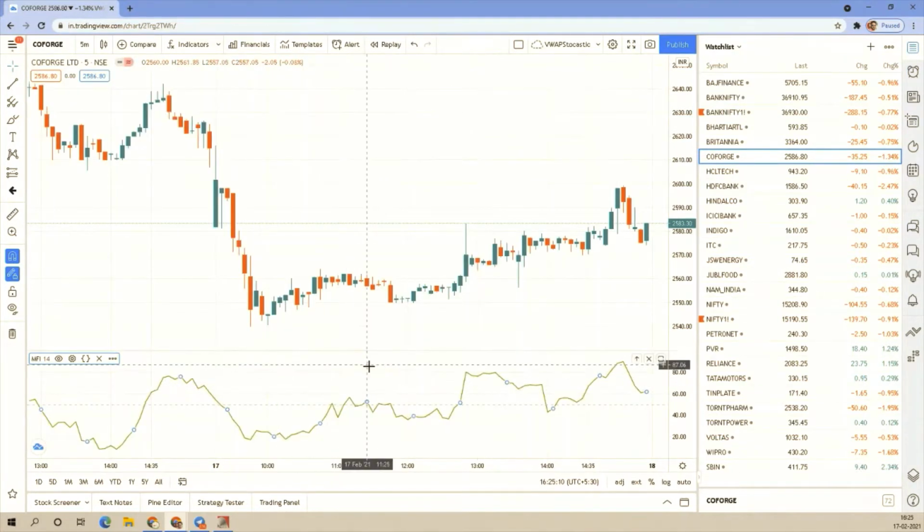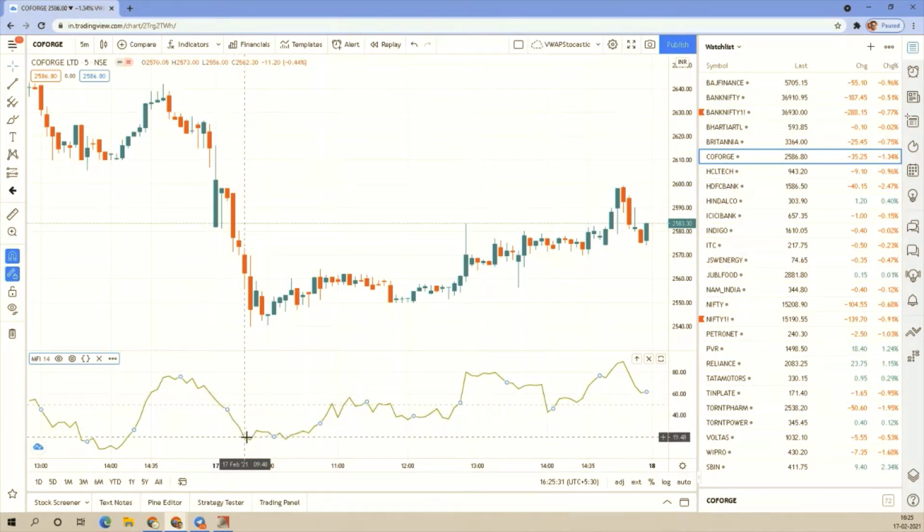How does this strategy work? You have to see the direction of the money flow index. Today being 17th of February and this is the first candle, even though it started here, there is a downtrend clearly visible by seeing this graph. Then it took a pause here and changed direction. So once you see an uptick, and because this happens to be at the bottom end of the span, you can enter somewhere here.